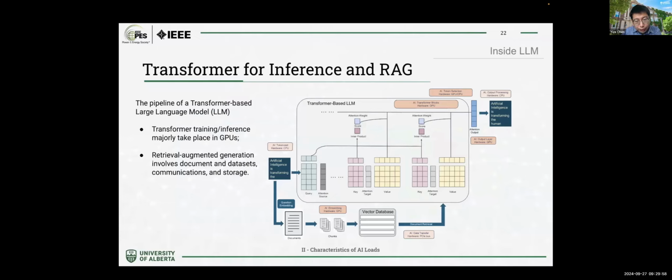And for transformers, essentially, this is the workhorse for any large language model. We can treat it as a combination of a sequential model and also very dense and complicated connections between layers, where we use K, Q, and V, the key, query, and value, to calculate the final values. We can also feed a lot of documents into the model to get a better answer.